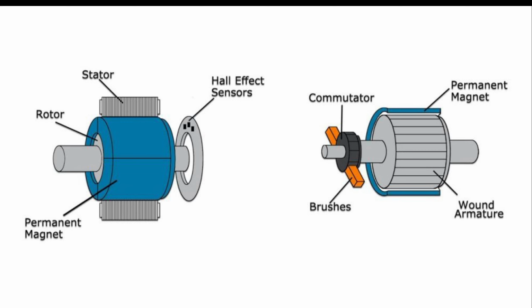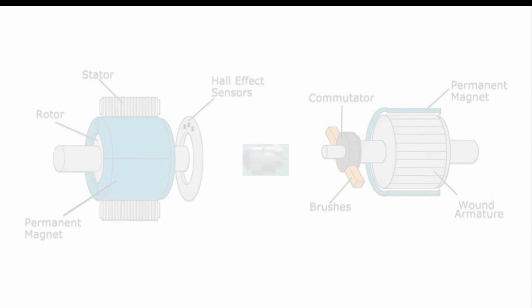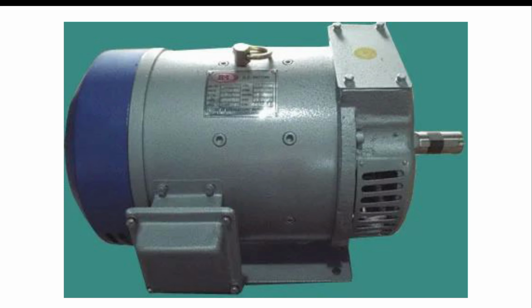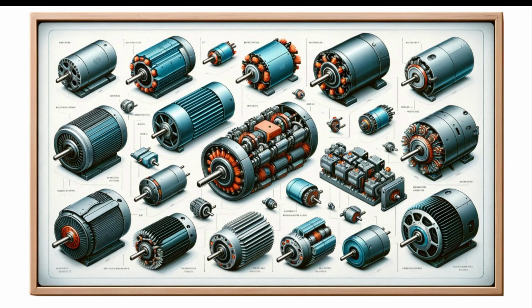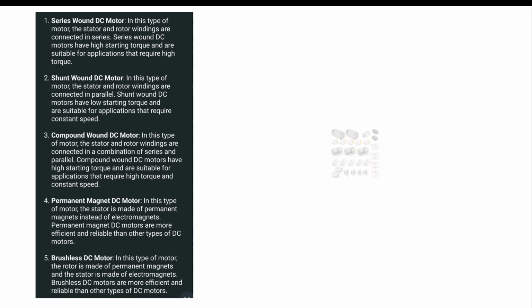When DC current flows through the stator winding, it produces a magnetic field that interacts with the rotor, causing it to rotate. There are several types of DC motors, such as the series wound DC motor,